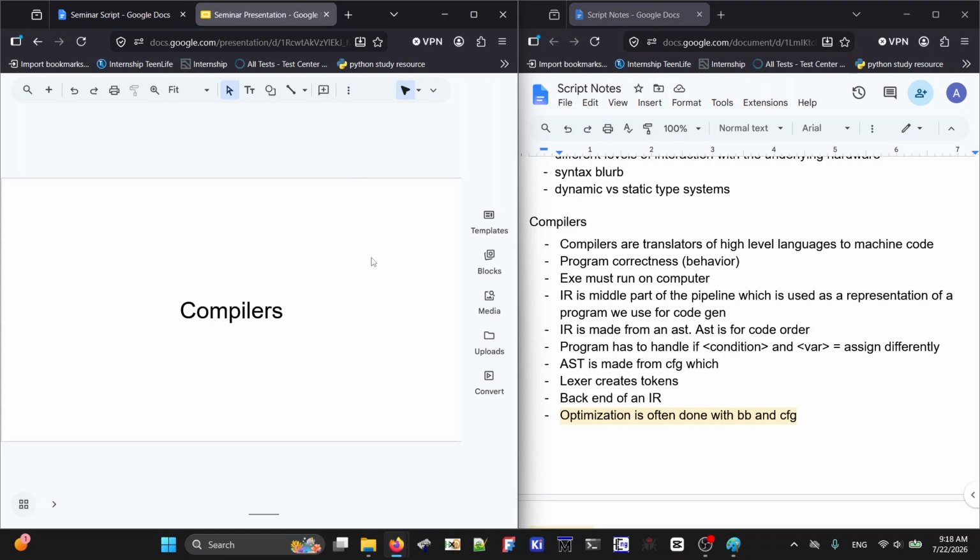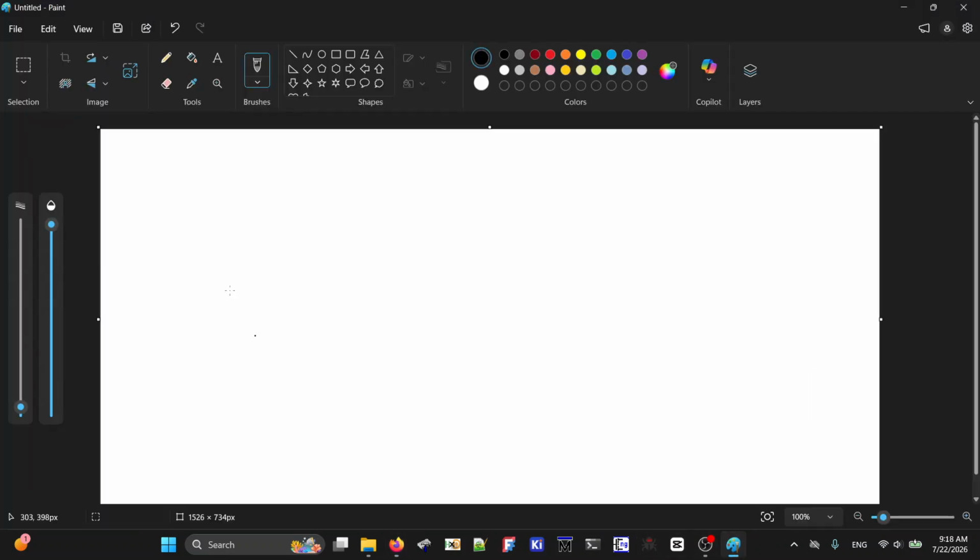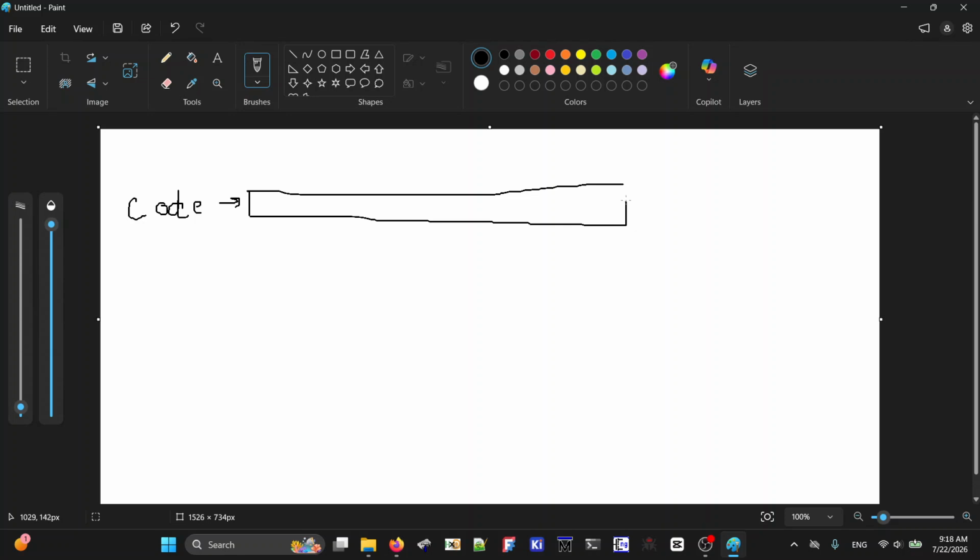Well, we talked about how we need some form of translation step. Let's look further into that with compilers, right? Code to exe, right? Okay,